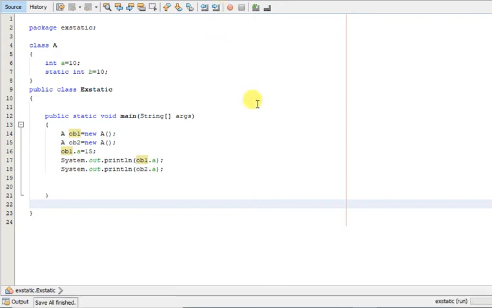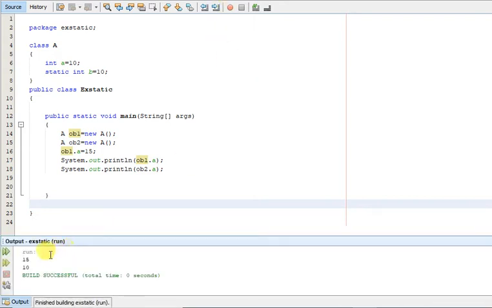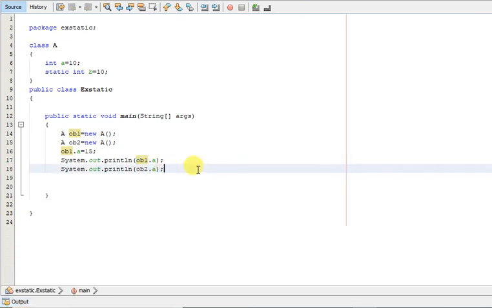Let us see whether it is printing the same. So 15 and 10. Since we made the change in object 1's copy, it is not reflected in object 2's copy, right? So this proves that separate memory allocation is done for every instance in case of an instance variable.